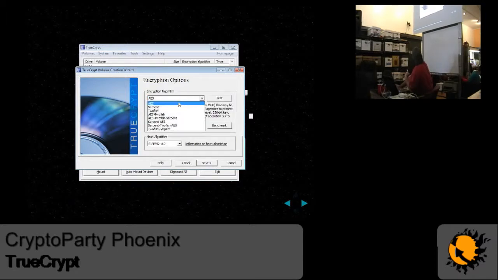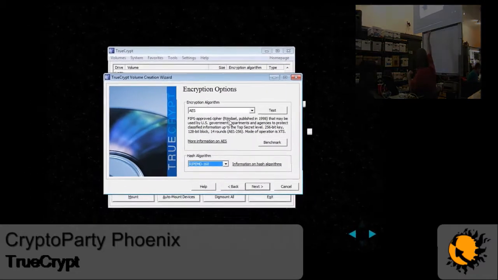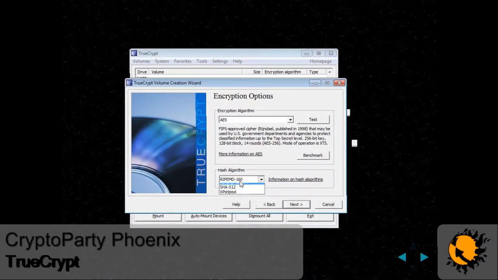And so here's where I get to choose my encryption algorithm, and then here's where I get to choose my hash. If you just click next past this, like a regular user, you'd probably be fine because AES is what the government uses. And I don't even want to pretend to say what these are. SHA-512 is the only one I ever heard of before this,